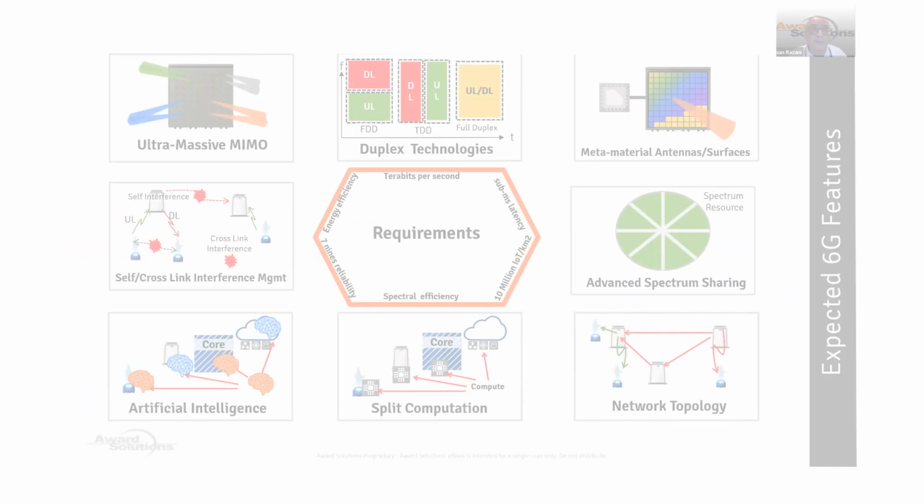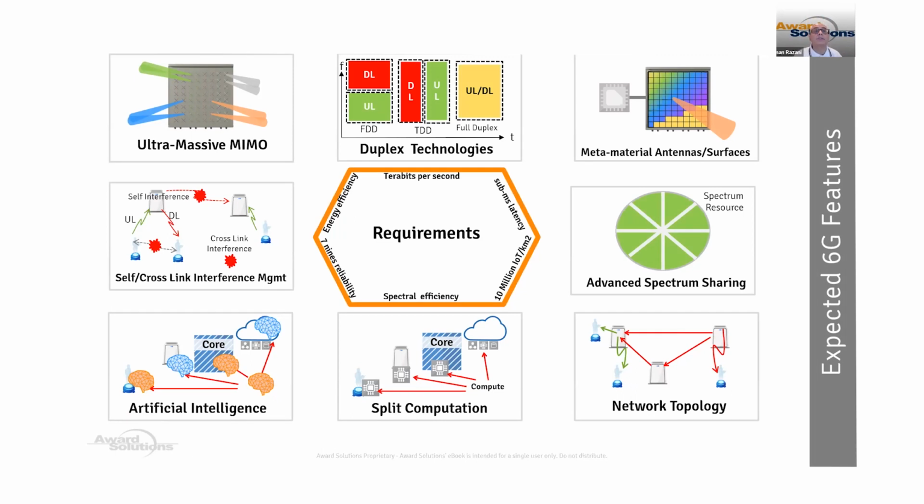These are the technologies that we're going to be looking at or talking about. This is what's going to enable these, the enabler features for 6G. From ultramassive MIMO, thanks to terahertz spectrum and very high frequency usage, where we're going to get many more antenna